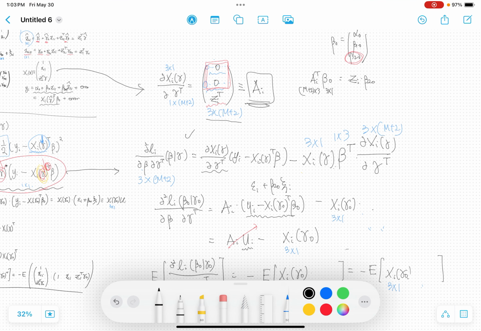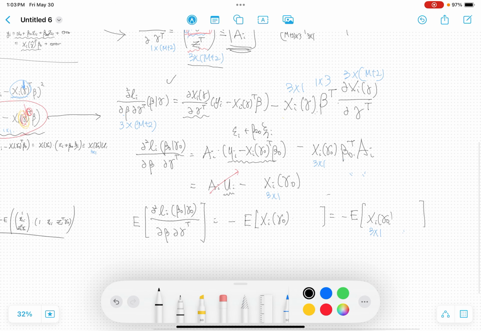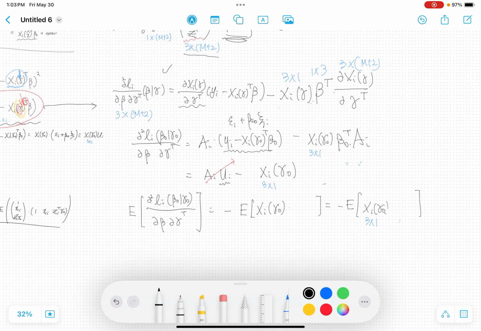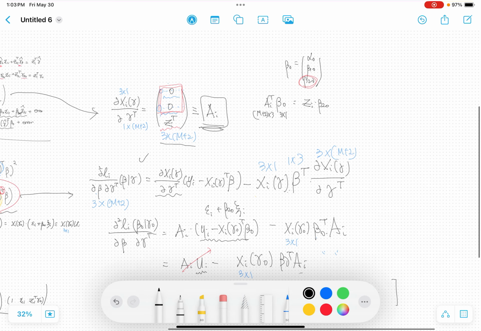So we will just do it with beta transpose AI, and beta transpose AI is going to be like here, beta transpose AI here, and then let's simplify this. Beta transpose AI,